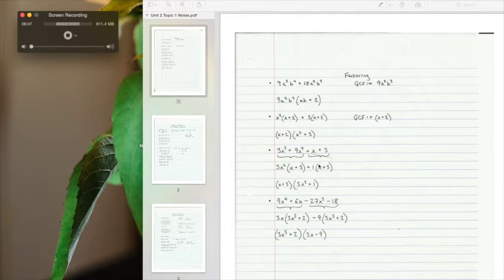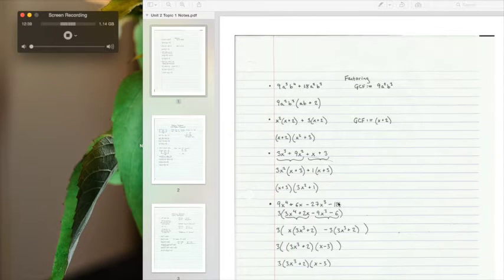1 times x plus 3 divided by x plus 3. The x plus 3's will cancel once again, and we're left with 1. So what I've done here is I've created these 2 factors, x plus 3 times 3x squared plus 1. Now that we have our entire expression written in terms of things that are multiplied together, we are finished factoring for this example. So here's our original expression, 9x to the power of 4 plus 6x minus 27x to the